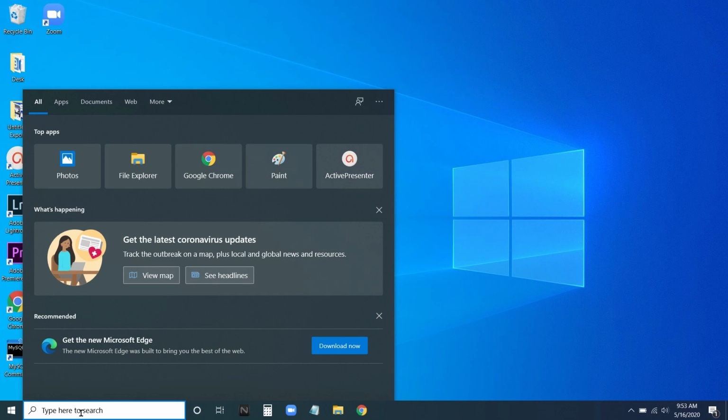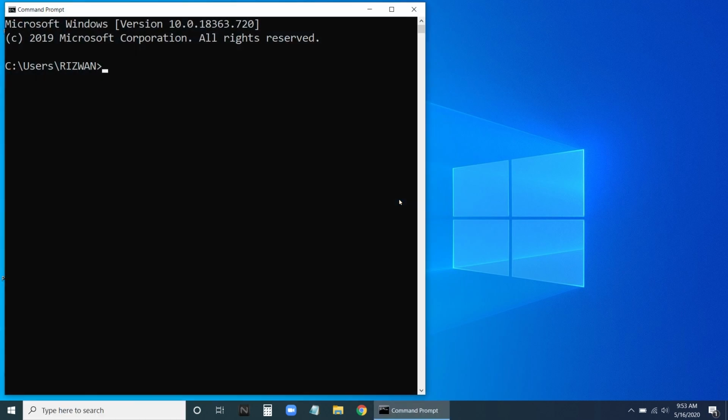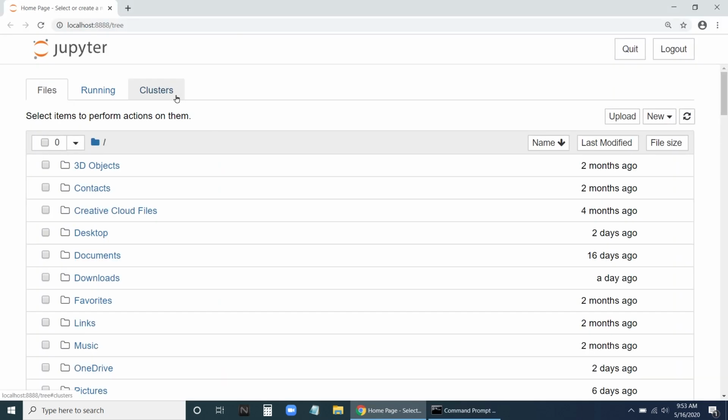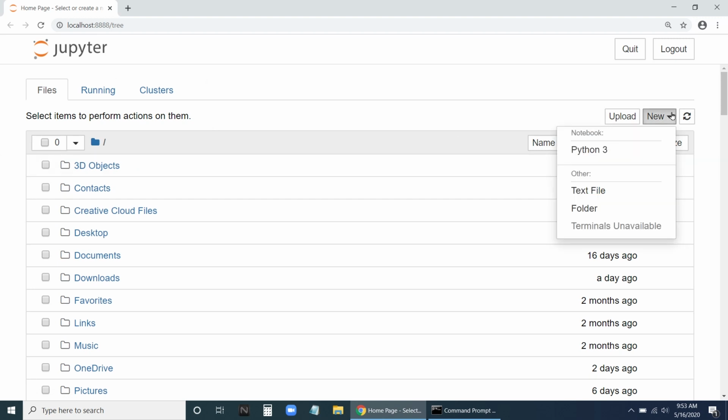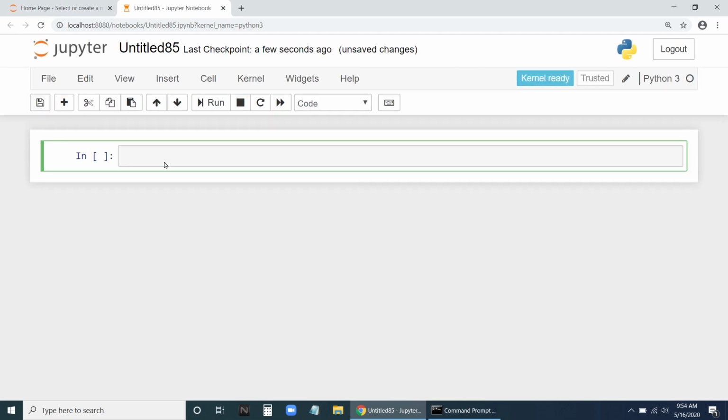To go to the Jupyter notebook, we will go to the command prompt. Type command prompt or CMD in the search bar and go to the command prompt. In this command prompt, you type Jupyter notebook. So we got our Jupyter notebook in the browser. Go to New, Python 3. So here